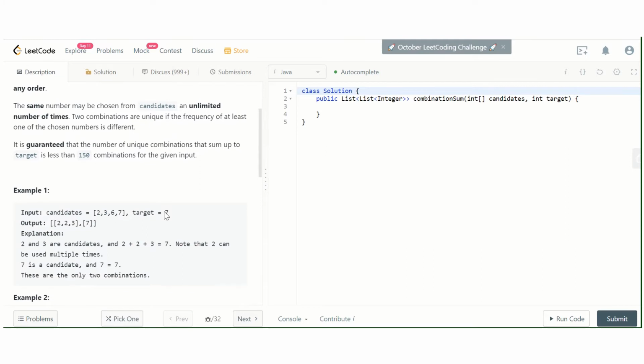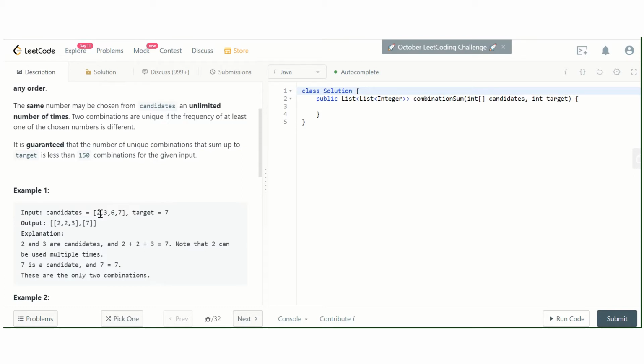So let's demonstrate this example with our solution. Let's say 2, first we include 2. Because 2 is less than 7, we include 2. Again we try to include 2, so our sum is going to be 4. We can again include it, that is 6.